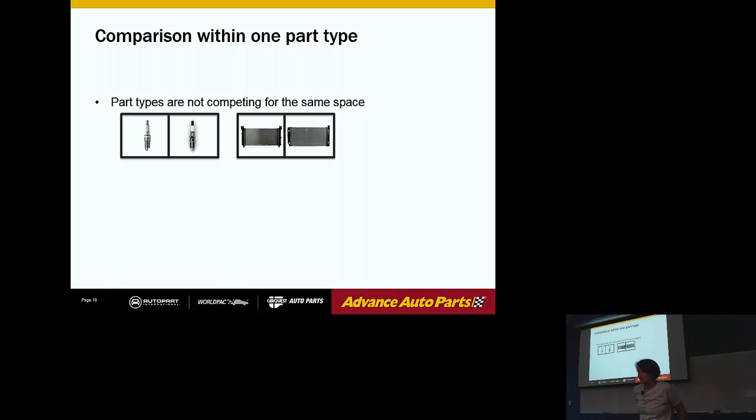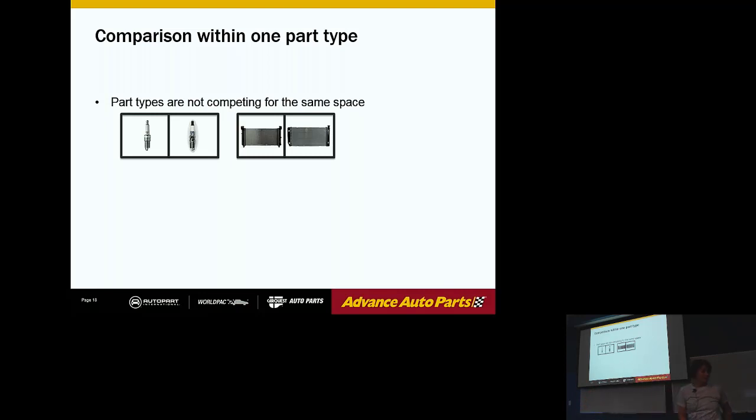Did you look at, in this case, electrical system, cooling system, transmission system, and do a categorical comparison, or did you find that you really needed to drill down into spark plug versus spark plug, radiator versus radiator, and brake pad versus brake pad? We ended up doing part type. Everything in our system is classified into part types, and part types are pretty specific. So spark plugs would be a part type. Okay.